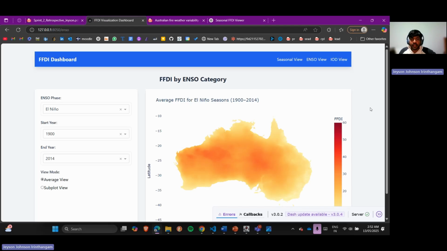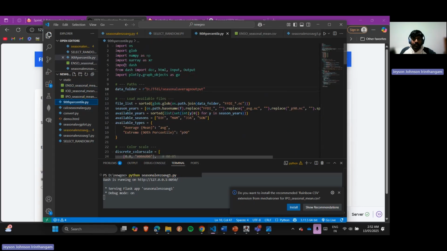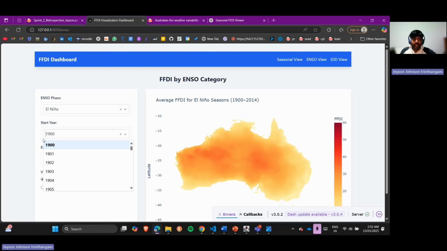I also worked on the 90th percentile extreme weather calculation in the web application. This is still in the development phase. Let's say the user selects a year range between 1900 and 1910, so 10 years. We'll set a threshold by sorting those 10 years of FFDI heat map values, and the threshold will be at the 90th percentile mark. We will take all the extreme weather which surpasses the 90th percentile mark, and then we will correlate